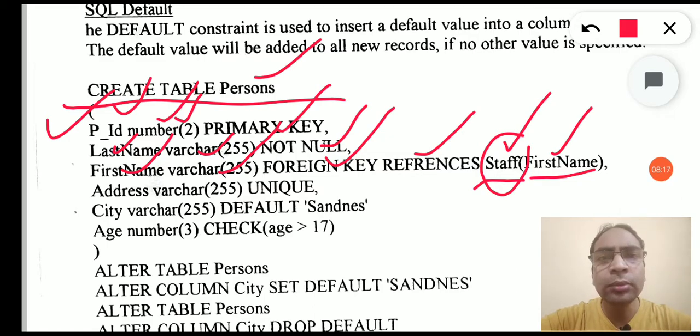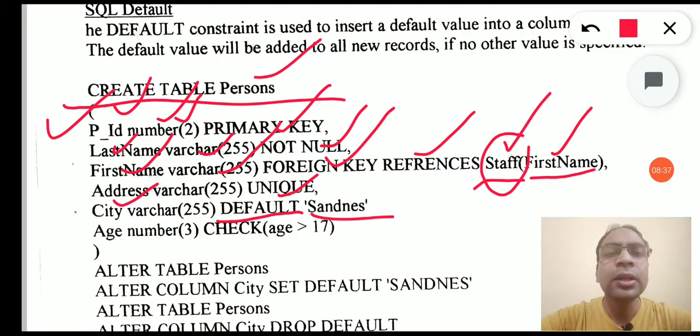Next is the unique column. So we can add a unique constraint with the address just by mentioning the unique constraint. And lastly, we'll use the city with the default value. Just to provide the default value in varchar, we will use the default keyword, and then after a space in single quotes, we will mention the default value which we want to insert in each record. So if it is a varchar, then we'll use single quotes, and if it is integer, then we'll not use the single quotes to specify the default value.